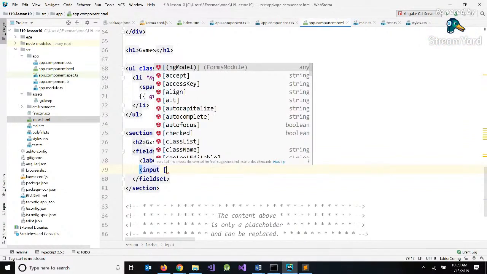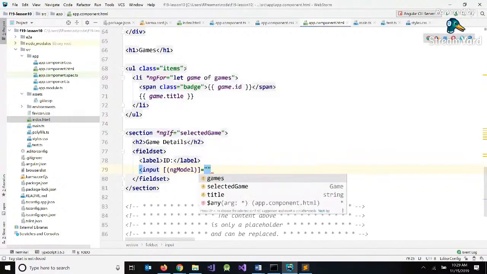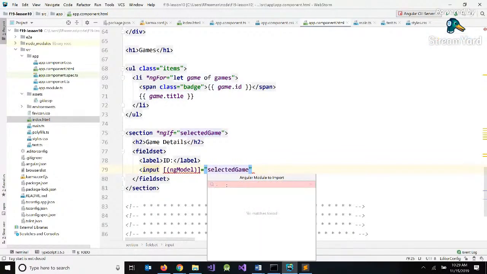So this ngModel allows us to bind an input to a value. So if we update the input, the value changes. And if the value changes, the value displayed in the input also changes. So we're going to use ngModel. And our ngModel is going to be our selected game dot